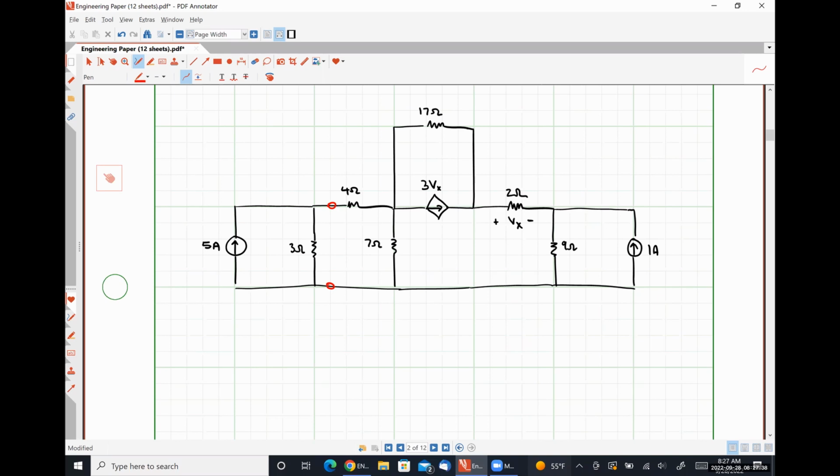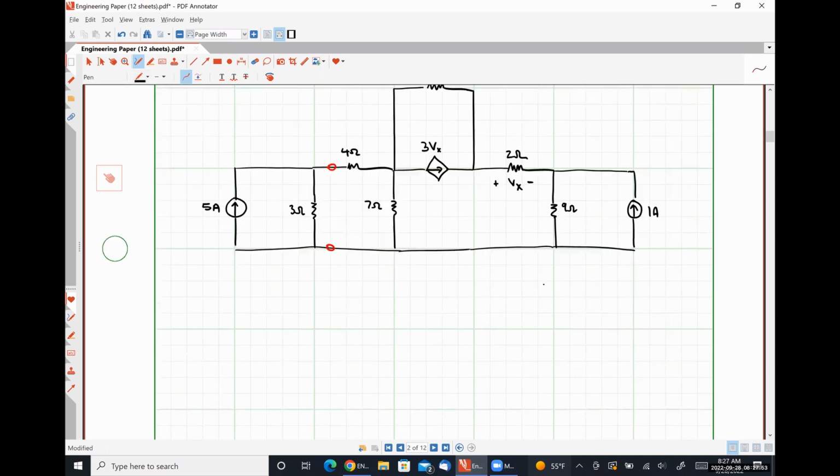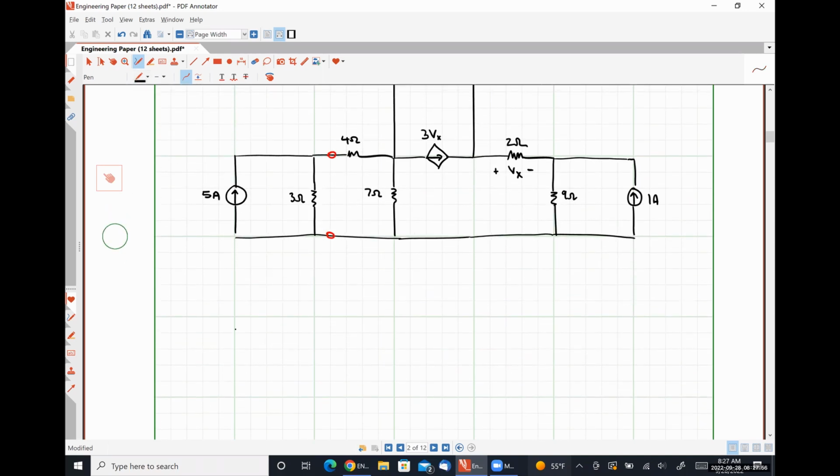When I approach a problem like this, I effectively disconnect what I'm trying to transform from the system, do the transformation, and then connect it right back to that set of terminals. So that tells me where things are supposed to go. So in this case, if I disconnect my 5 amp source that is in parallel with my 3 ohm resistor,